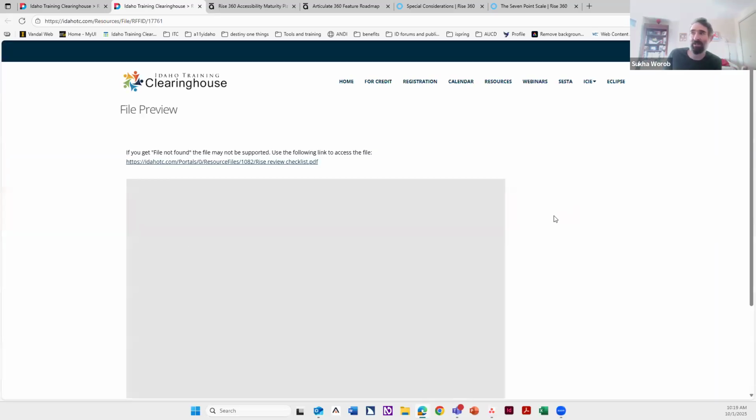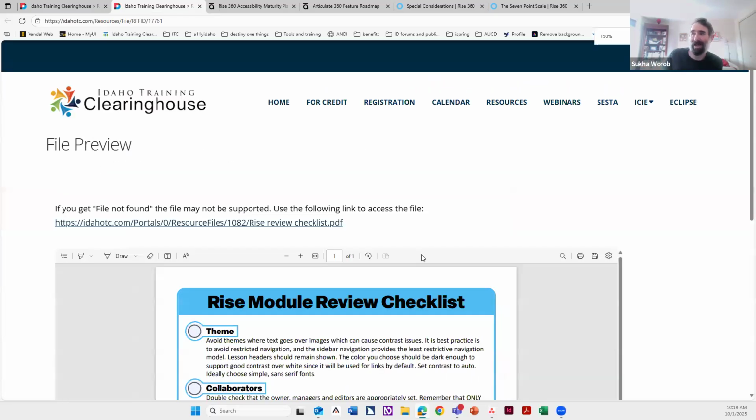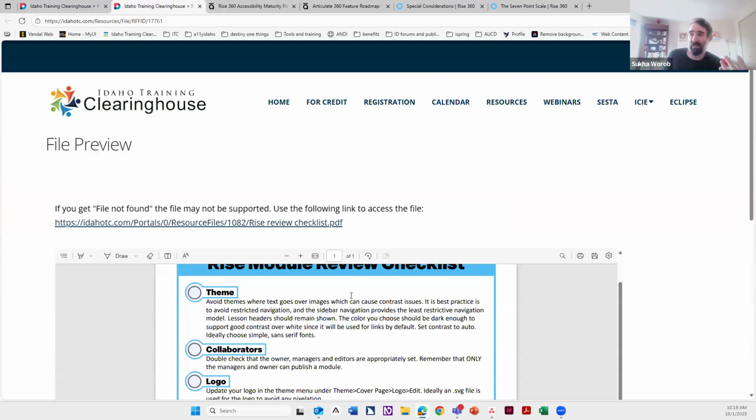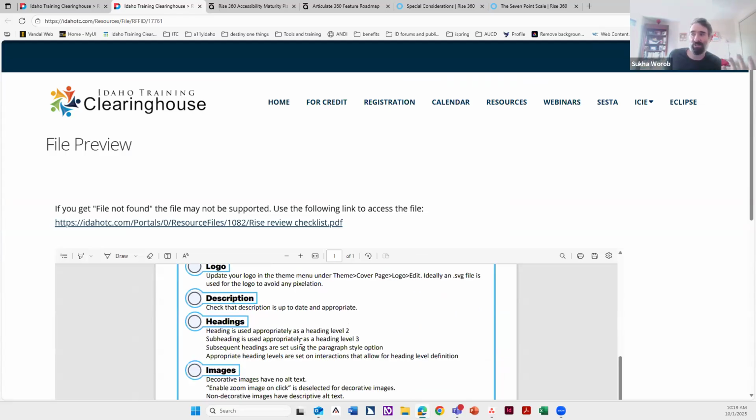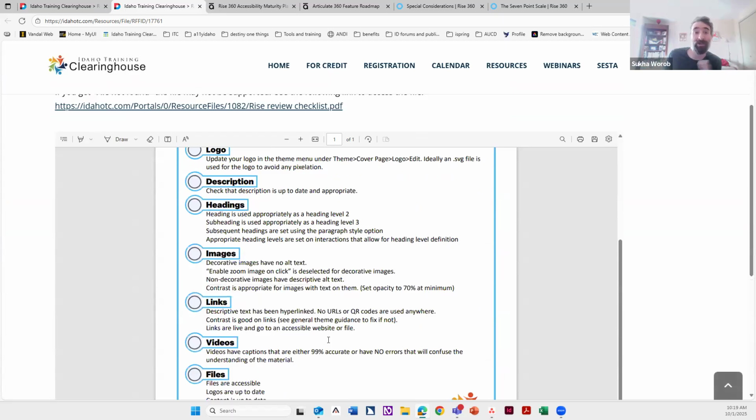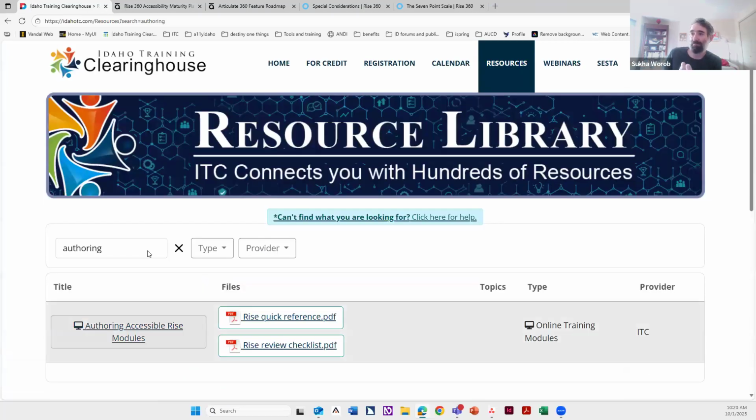And then just a reminder that there is a checklist in here too. This checklist was built based on how I do reviews. This is exactly the process that I do when you all send me a Rise module to review. I look briefly at the theme. I double check collaborators on there. If there are logos, I look at logos, description, headings, images, and so on. So that is there to support you when you're going through and updating or making new modules, if you would like. And then, of course,